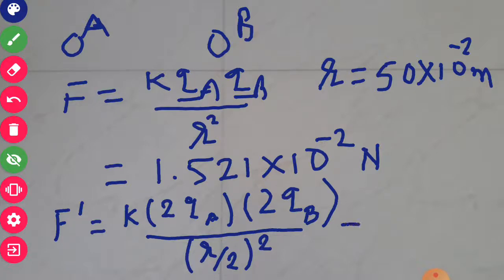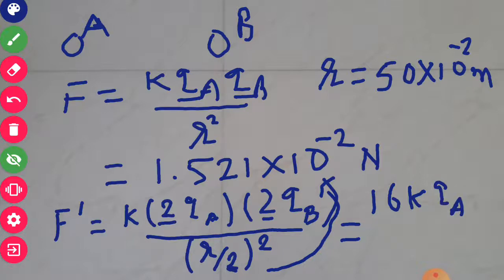So 2 2s are 4, and the square of this 2 will be in the numerator, so again 2 2s are 4, and multiplied by 4 it becomes 16 times K